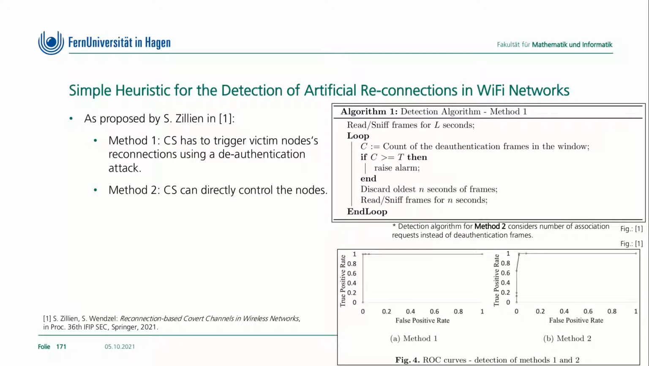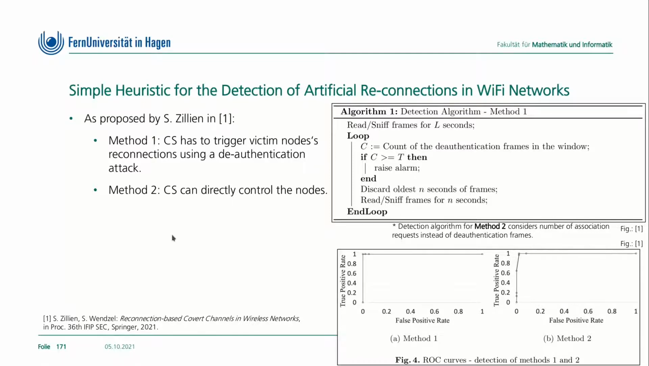on hiding patterns. So I assume you're still familiar with this pattern. If not, have a look into chapter 5. So the idea essentially is you have a Wi-Fi hotspot and nodes connected to the Wi-Fi hotspot, and the covert sender triggers their reconnections artificially, either directly controls them or has to perform some deauthentication attack to